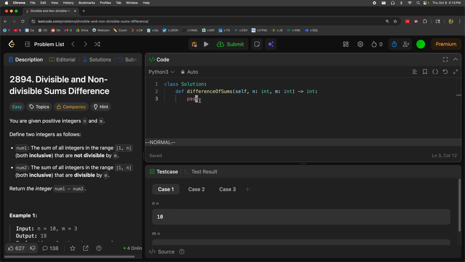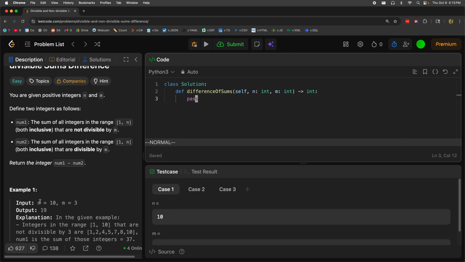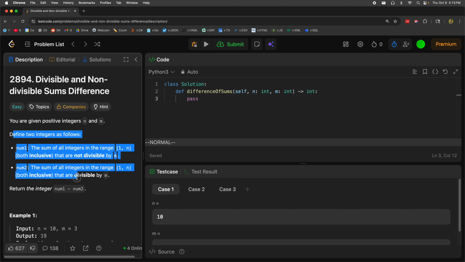Divisible and non-divisible sums difference. So this one, you're given two integers as the input, n and m, and then you further define two more numbers. Number one is the sum of all integers in the range from 1 to n, and we're given n. So we just have this big list. Say we get 7, then it'll be 1, 2, 3, 4, 5, 6, 7,